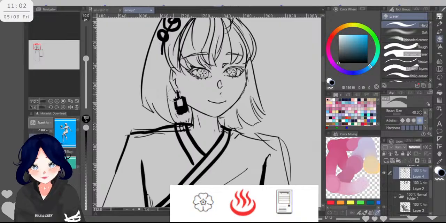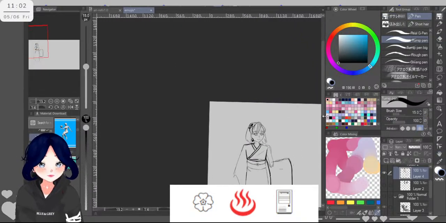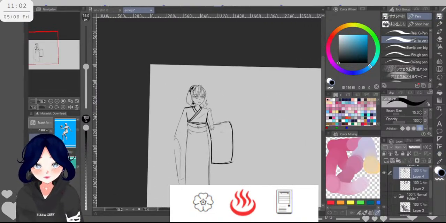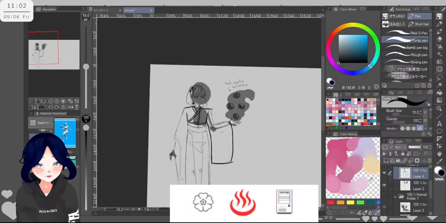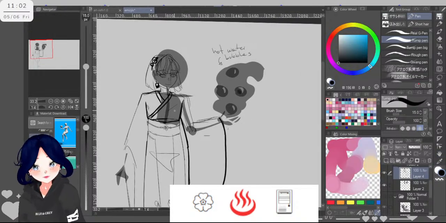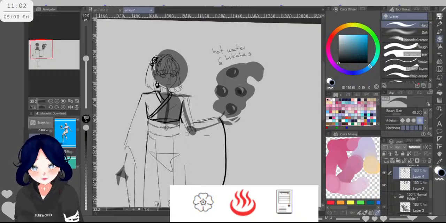Like this. And let's see what else we shall fix. I guess this will look better if instead of sideways it was a little more to the front. And since we're already here, shall we fix this?